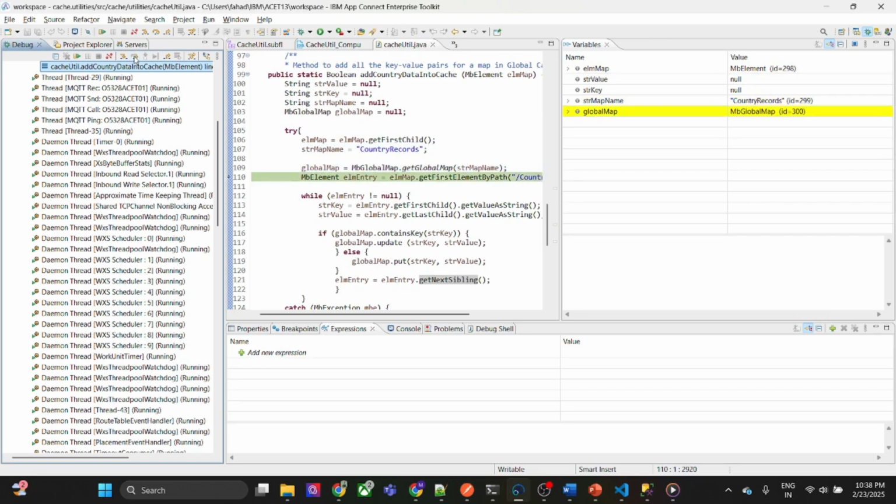If you see here, it will first try to fetch from the global map for this str map name, which is country records. Right now country records does not have anything, so it will return a null. So that's why it will go inside this loop. So it went inside this loop,